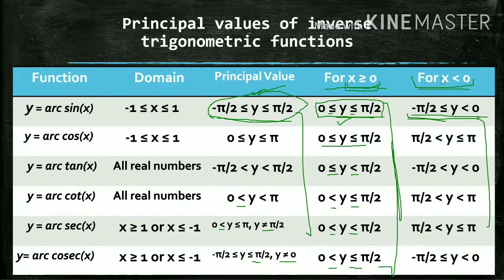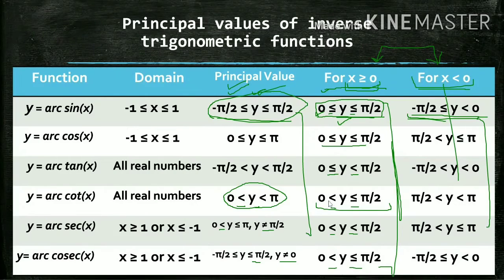Now I would say you just learn these things as well by the trick that I just told you. Write this, learn this and this value. You can also write the rest of the values with the help of the interval, whether to include endpoints or not, and write this with the left out range. That means from any range you have written, just exclude the points here and write the rest. Like here we have 0 comma pi. That means all the angles lying between 0 and pi, but you are not including 0 and pi. So you have written this